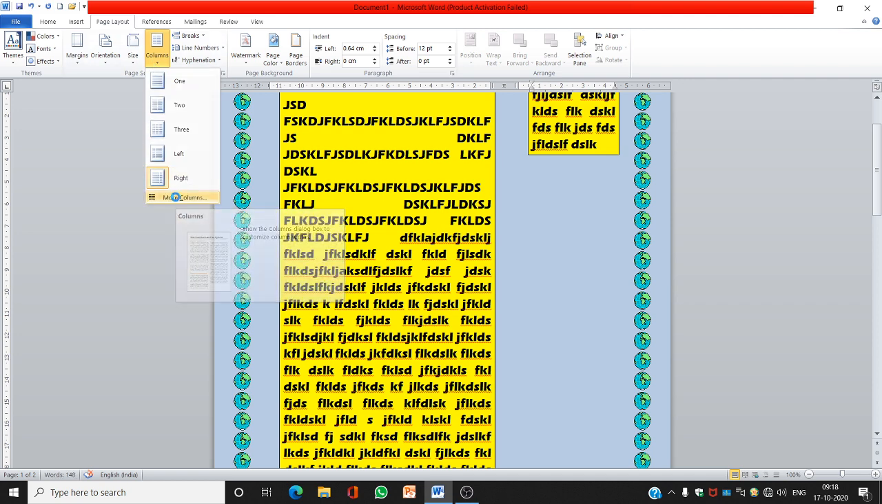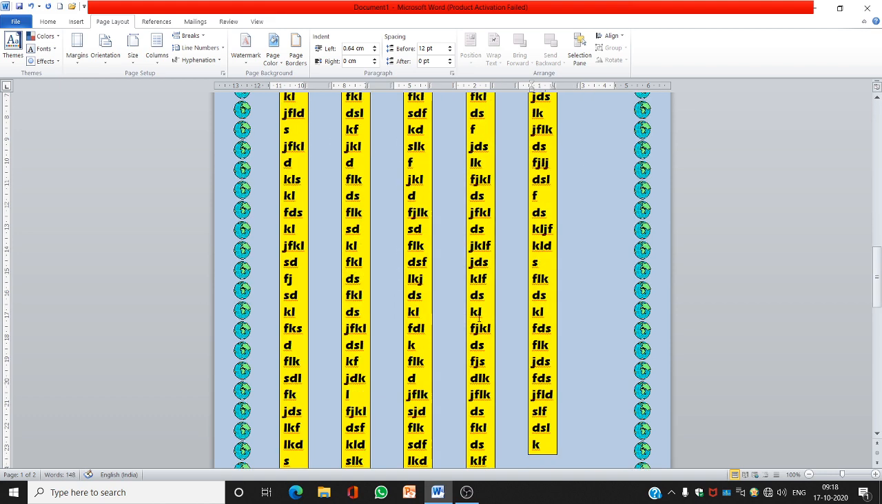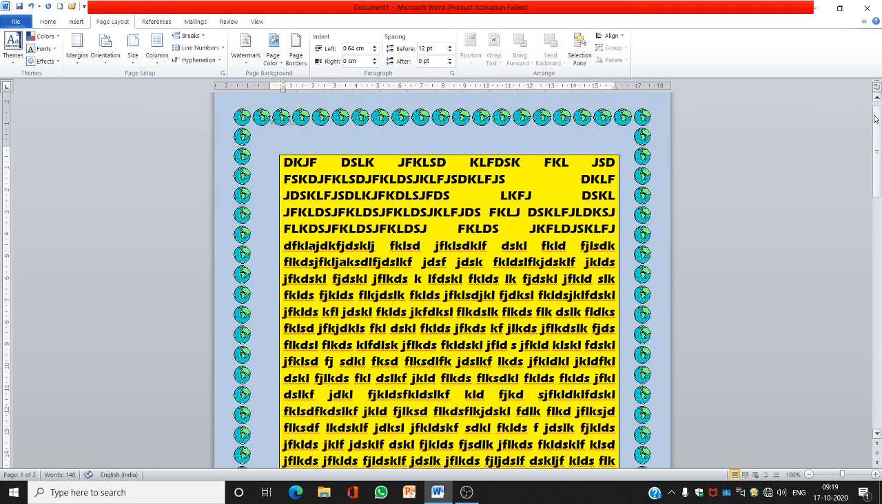More columns, click on more columns. You can increase the columns here, 5 columns, different styles, 5 columns of same, 6 columns. So it depends on you how many columns you want to set in your page. Clear? So this is our column style. Next we are having